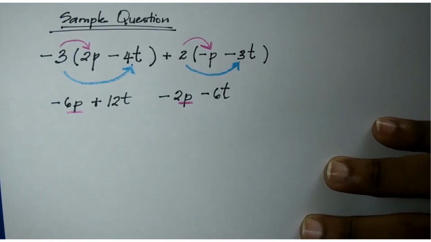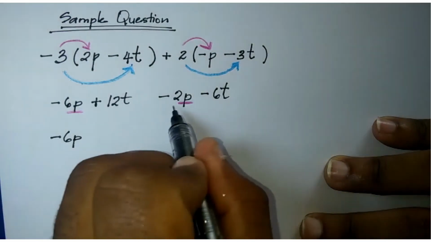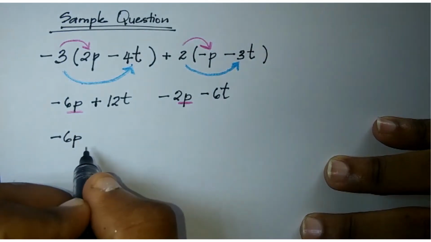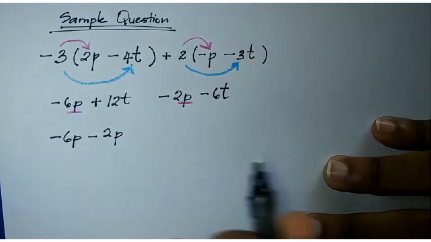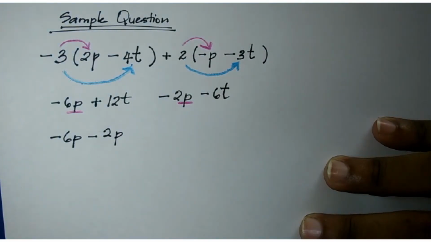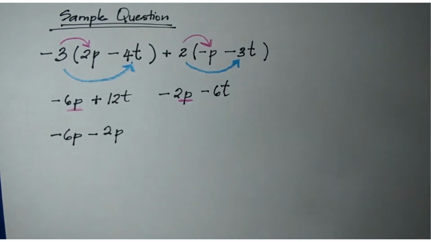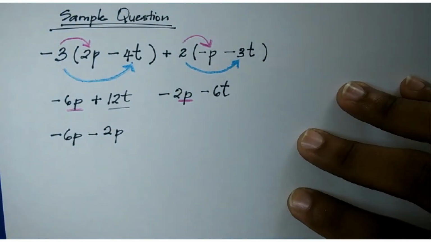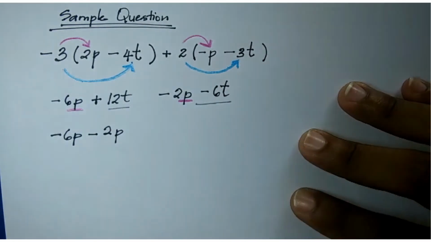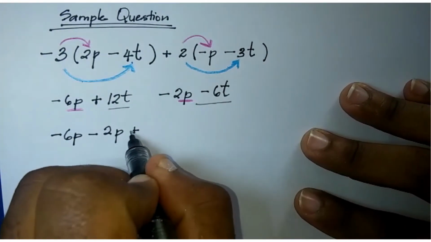So I'm going to rewrite them to group the like terms. I'm going to have minus 6p, and I'm carrying the signs too. Notice minus 6p and minus 2p. I'm going to bring them together. Are there any more like terms in there? Well, when I look, I see t. There's a t right here, 12t. And I look right here, I see a t here, minus 6t. So I'm going to group the like terms. I'm bringing the sign along with me. So positive 12t